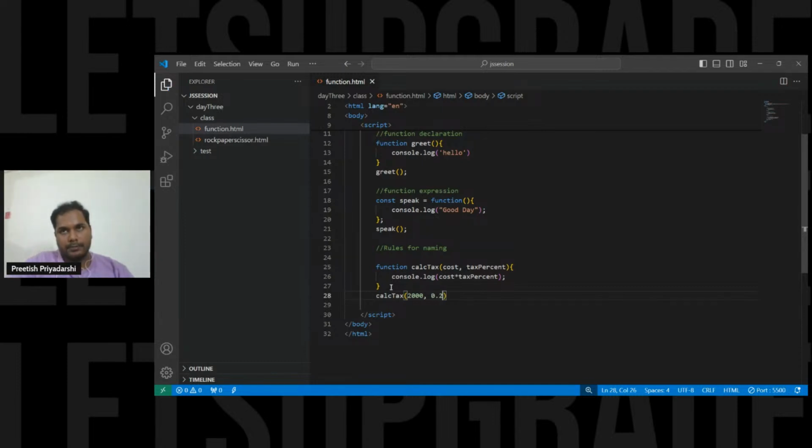Okay, percent. So save it. So that is 0.2, and if we run this in the browser, you will find what value is logged. So what you can do is, along with it, let me add the